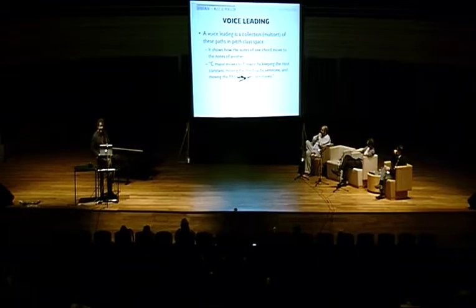C major, the triad C, E, G, moves to F major, the triad, by keeping the root fixed, moving the third up by semitone, and moving the fifth up by 2 semitones. You can think of it as a schema for getting from one chord to another, which composers internalize. And so this voice leading can be expressed in many different ways, like so,